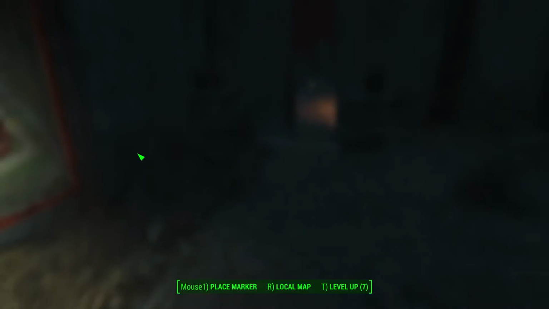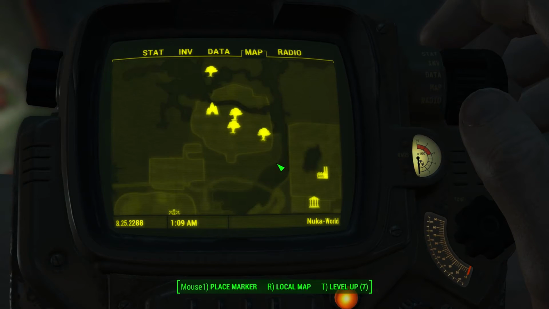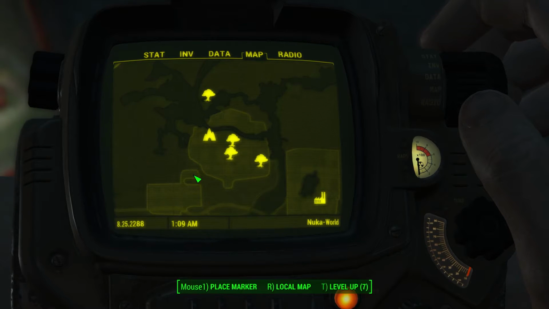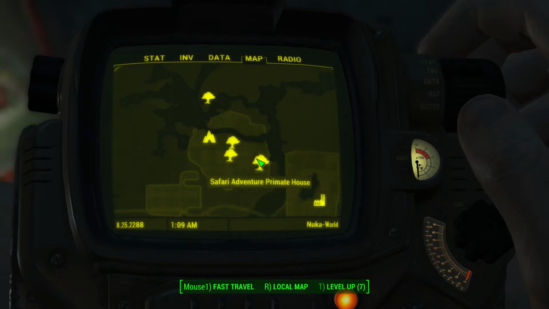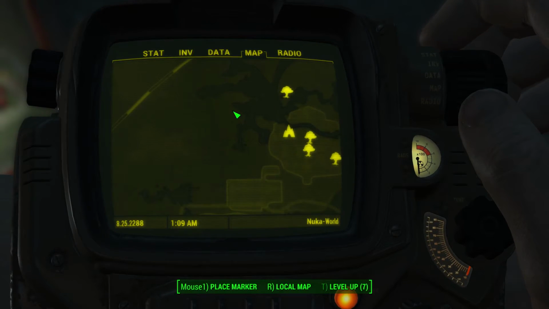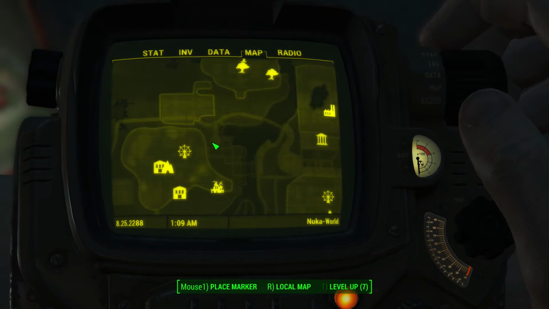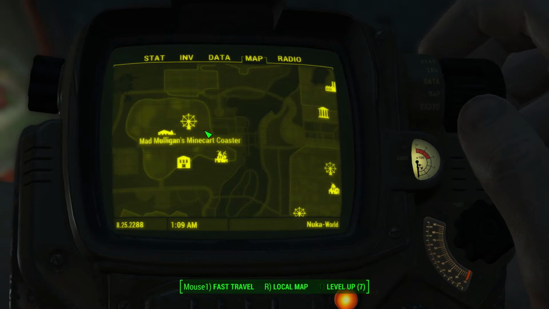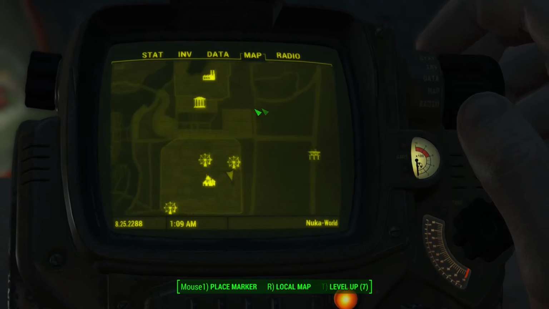So what about the safari place? Was there a place in the safari that we couldn't get into without power? I don't remember there being a place. I'm trying to remember. Yeah, I don't recall. If you remember a place in Safari Adventure that we weren't able to visit before because there was no power, let me know. It seems like there would be something there because there's been something in every other place, right? So, I don't know. I'll look into that